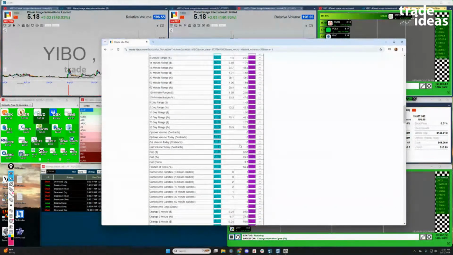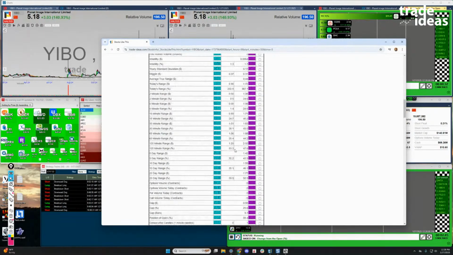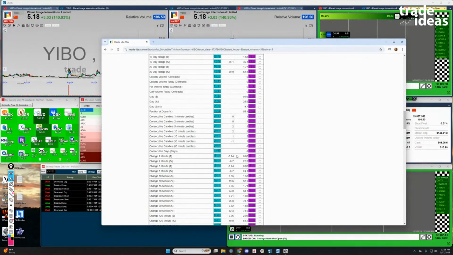So this is how you go back and you can re-engineer a scan, and then you could take these minimum maximum values and maybe do some rounding and some cushioning. Because like I said, if you just start to do it exactly as things are here and you put too many filters in, you're never going to be able to capture other moves exactly like this one was. The idea is to get a bank of stocks that will alert, that have the possibility of the move like what you wanted and trying to capture as early as possible. And then you got to be a trader from there, right?